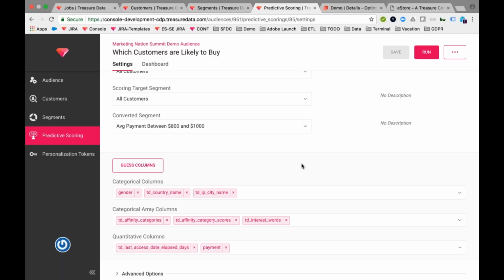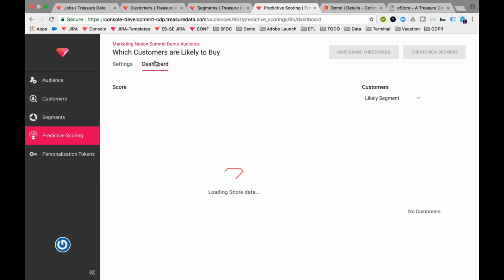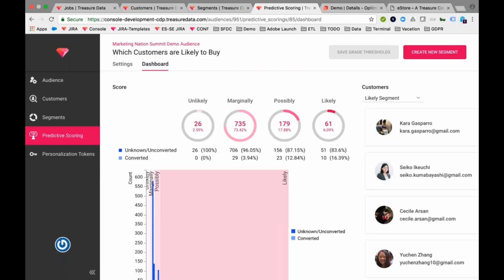And so that's something that we look for automatically, but these are pretty much okay. And so what you do is you click run, and it runs for a few minutes. We won't run it live. But at the end of the day, two things happen. You get a fancy dashboard, first and foremost.